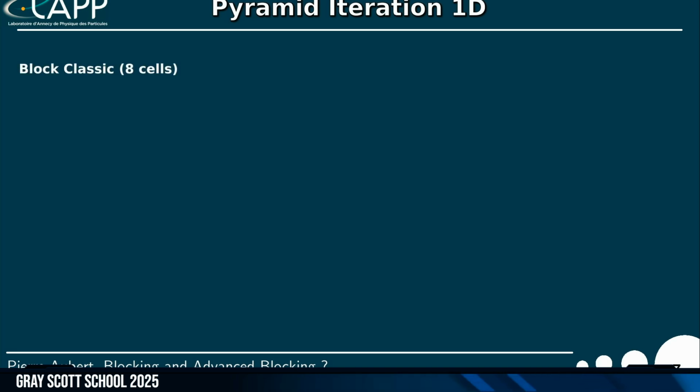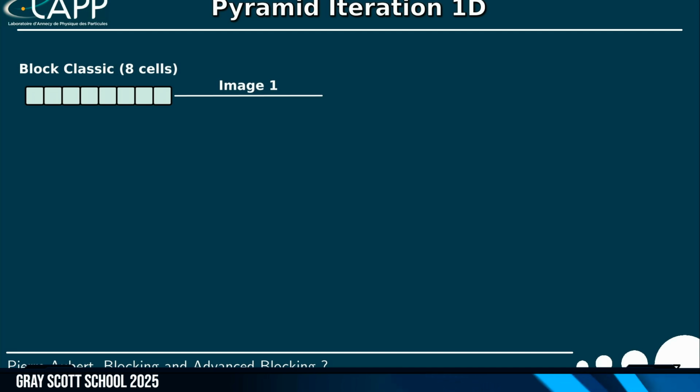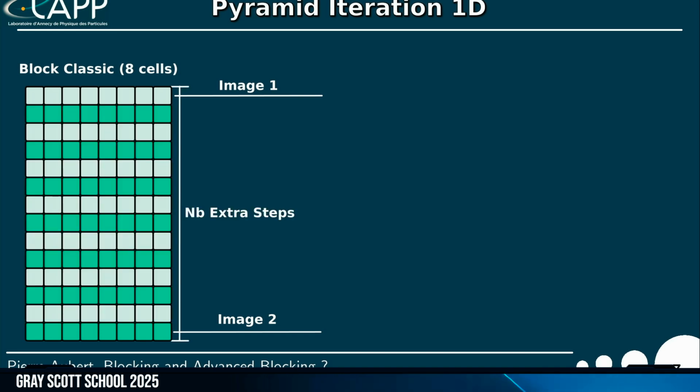So we have this classic 8 cells here. First we have the first image, and then we have the second image. And in the Gray-Scott, since it is a really slow reaction, we have extra steps. So 32 generally when we want to do some performance test, but you can play with that. We can take advantage of that, because here we need to compute each step separately.